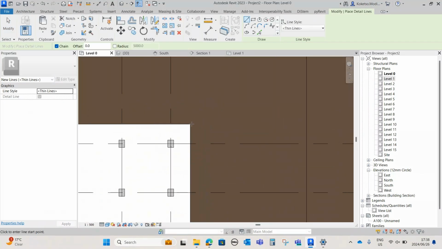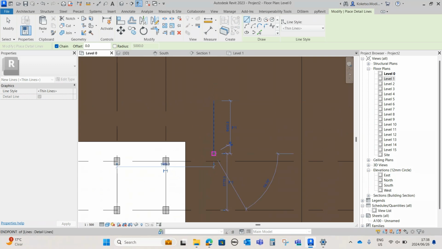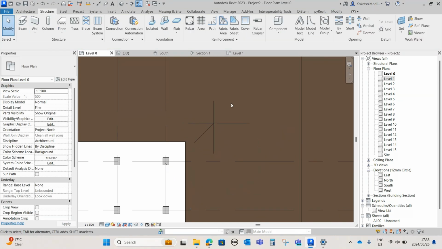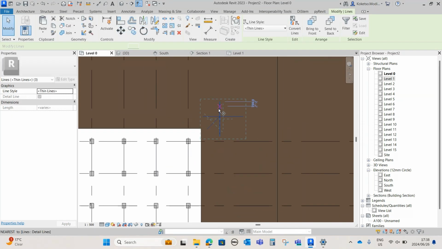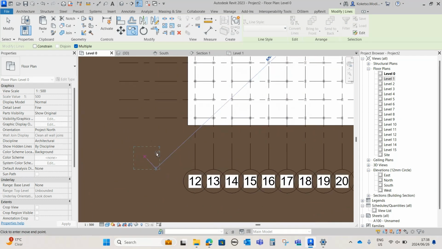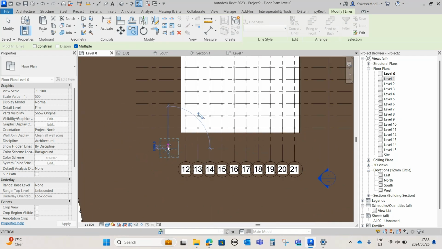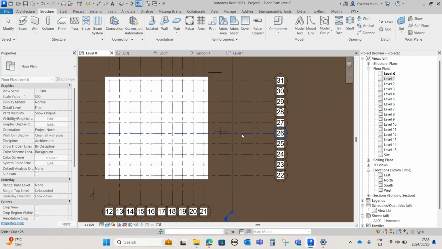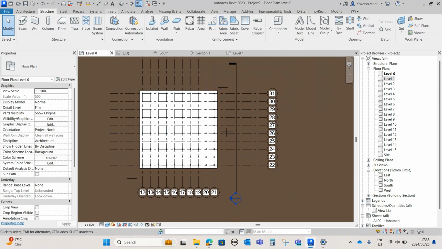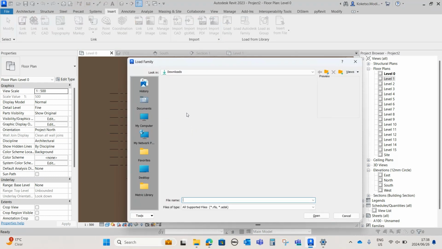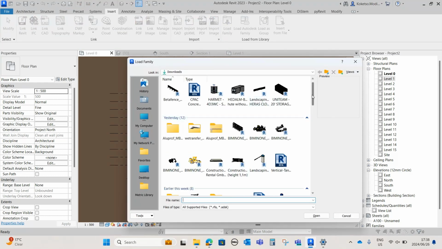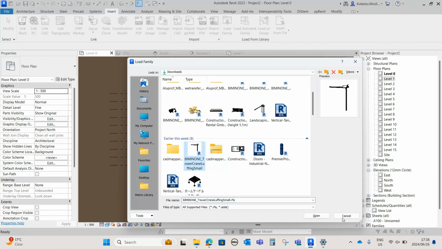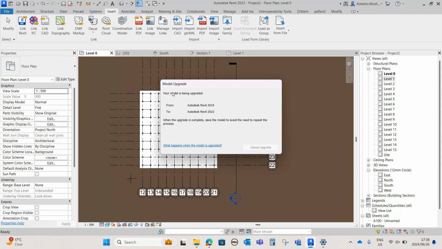DL for detail line, and then place a cross like this, and then on your cross you're going to place a diagonal line like this at 45 degrees, and then you're going to select it and then paste it towards the other side. This will help you in terms of changing the orientation of your crane, so you can place another one this side. So you're going to say insert and then load family, and then I'm going to load in my crane. So I'm going to use this one and say open,